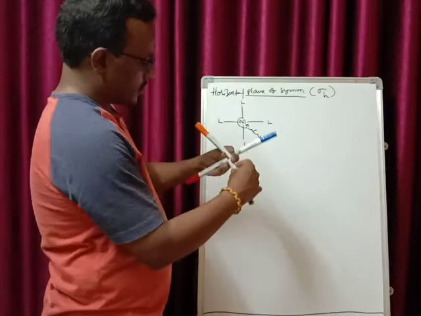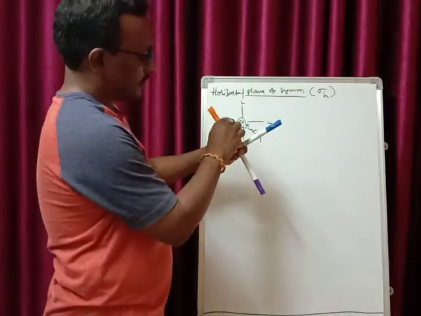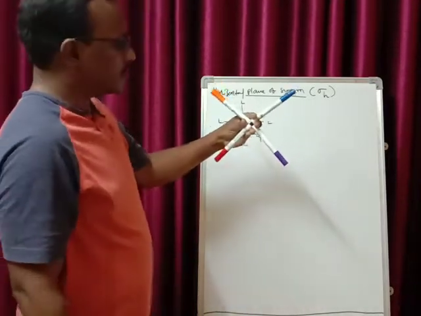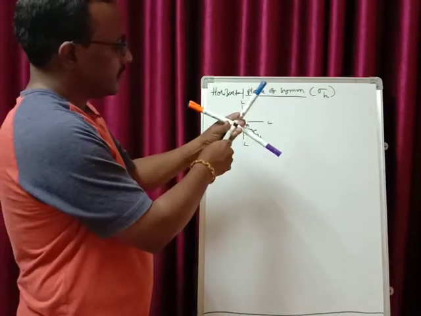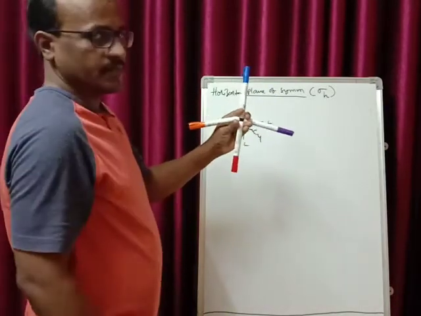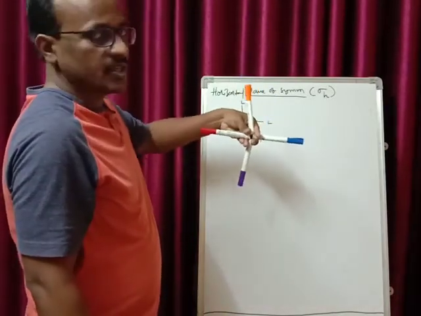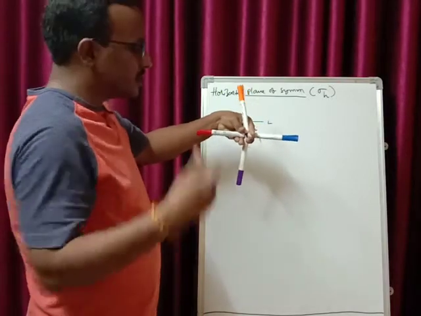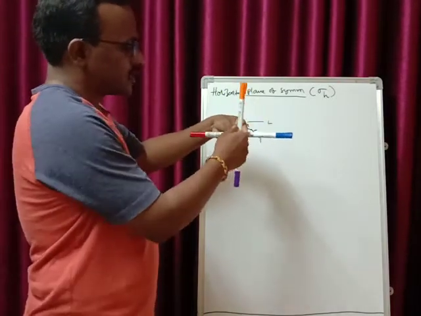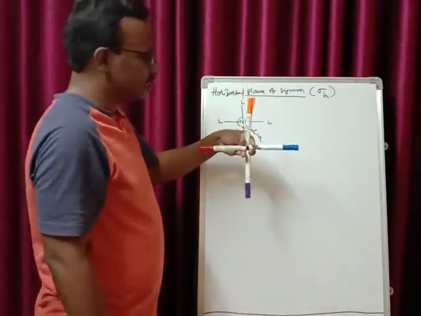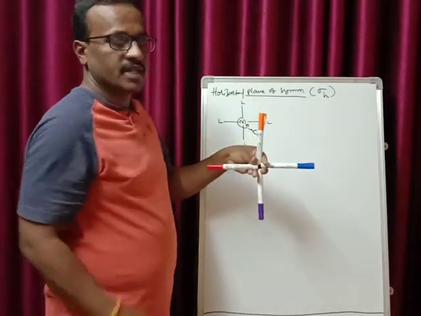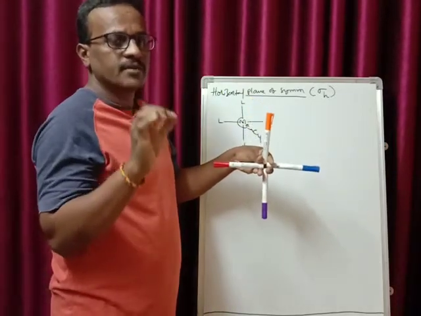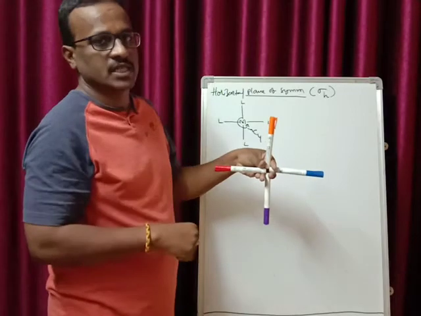this is your square planar complex, right? In a square planar complex, the axis passes through the center of the metal atom. So on rotation of every 90 degrees, you get an equivalent structure. This is the principal rotational axis of symmetry. Now what we are doing is the horizontal plane of symmetry. The condition is that the plane of symmetry must be perpendicular to the principal rotational axis of symmetry.